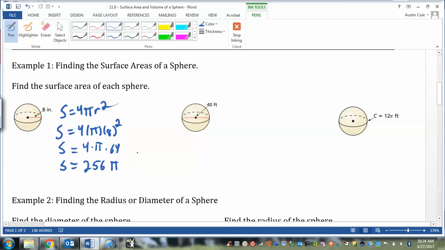And what's our unit going to be? Inches squared. Anytime you're working with surface area, you're going to have square units, like inches squared or meters squared. Volume is always going to be cubed. If they're asking for a specific thing like a radius or just a linear measurement, then it's your standard feet, inches, that kind of thing. So we have 256 pi. If you approximate that, you get